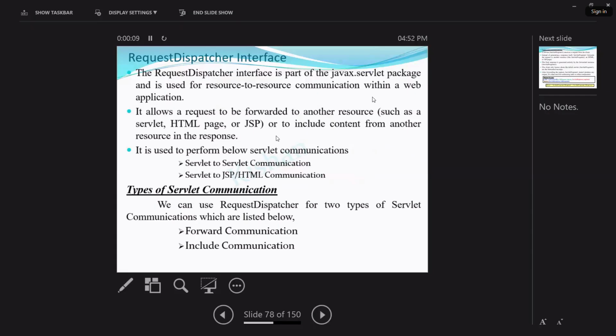Request dispatcher interface is a part of the javax.servlet package, and it is used for